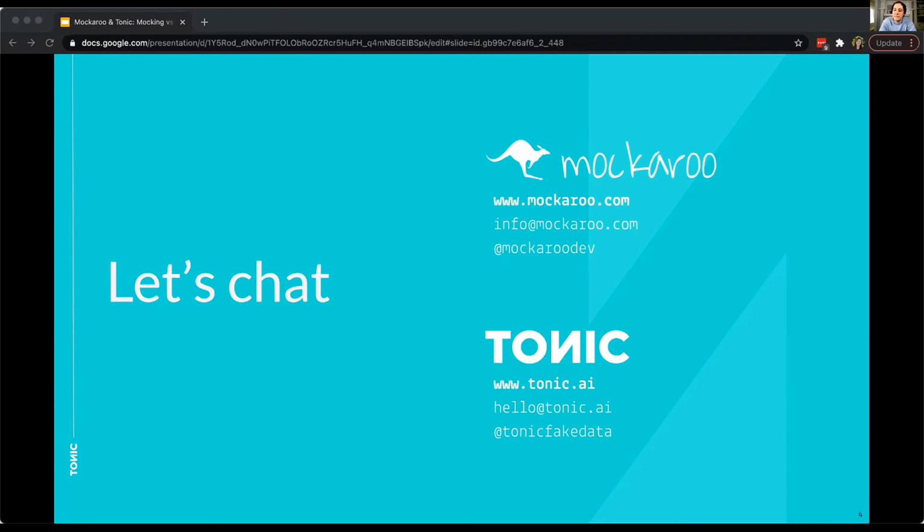Okay. Question for Mockaroo. Can Mockaroo create data sets for the healthcare field like medical supplies? The idea would be to start with the data structure and maybe some sample data and then create larger data sets. There are some medical types in Mockaroo, particularly ICD-9 and ICD-10, I think. But I think that's the extent of it.